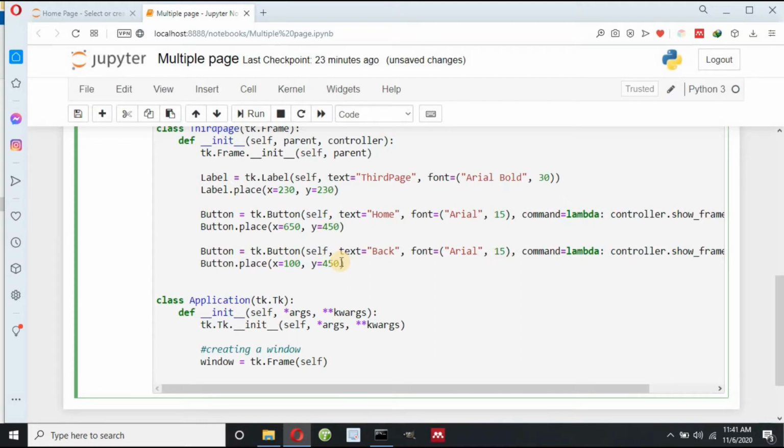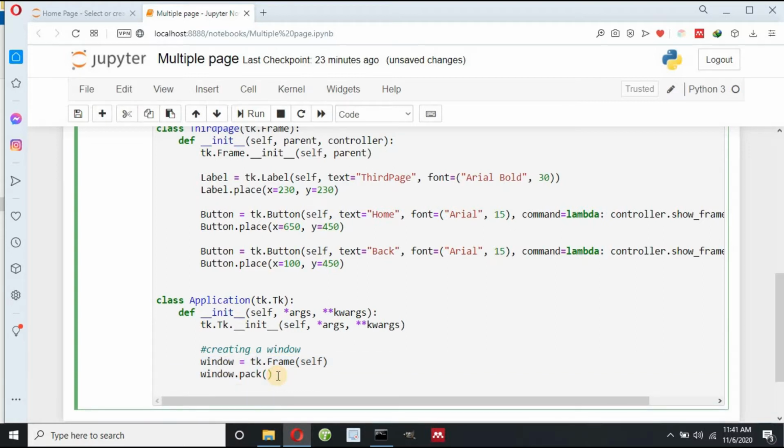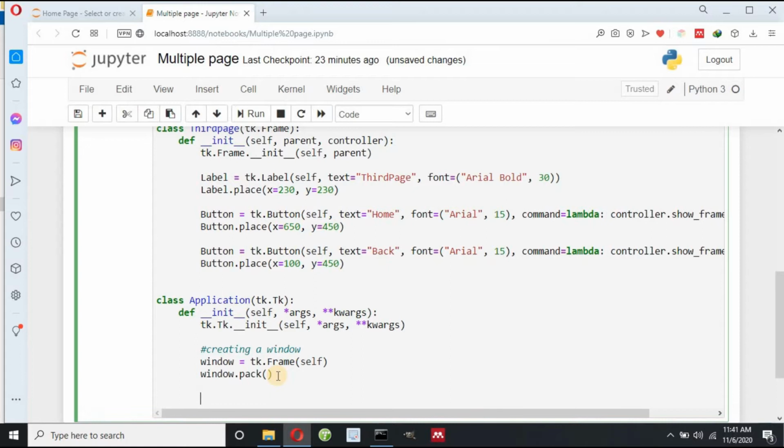Now I need to define a position where this window should be placed, so I can write here window dot pack method. I have three methods mainly, pack method, place method and grid method. For window I can write simply pack method. Now I need to define size of window, so I can write here window dot grid row configure. I can pass 0, this is only index, nothing much to worry about.